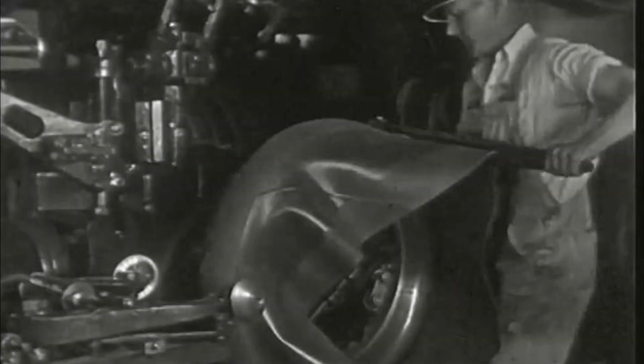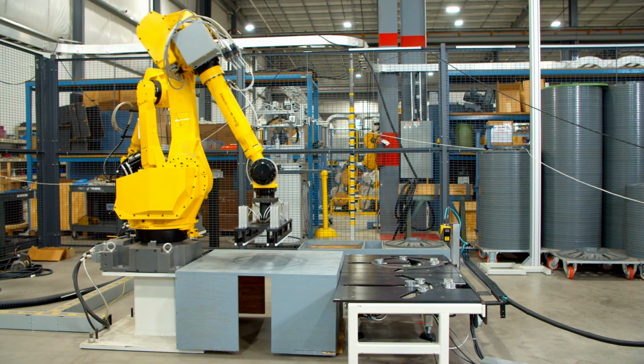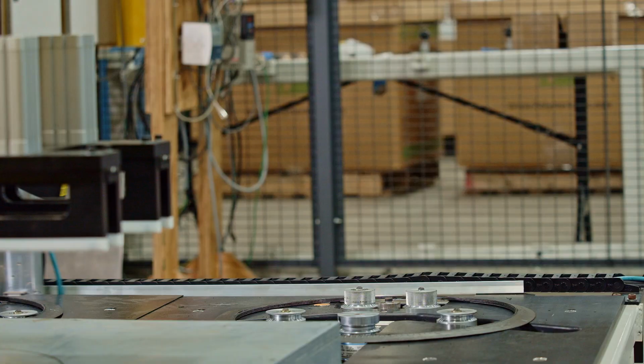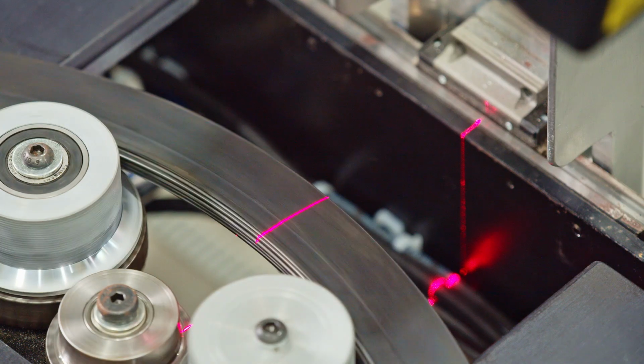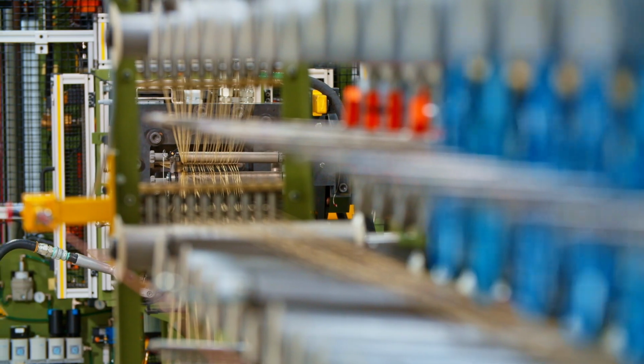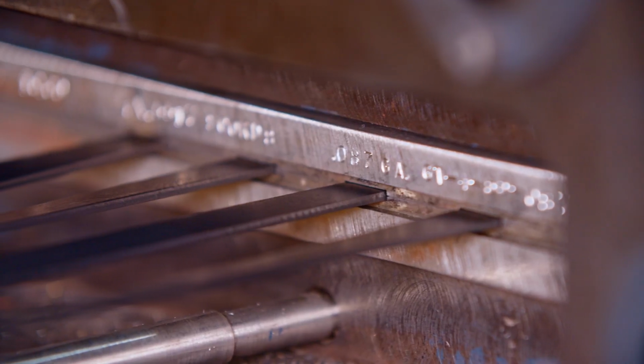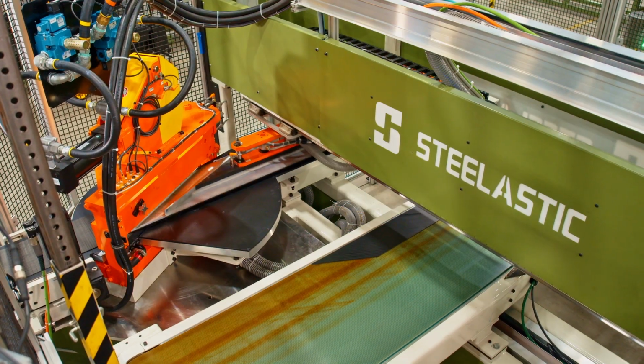Tire manufacturing is changing, and there's a relentless drive for smaller, nimble production. At Steelastic, our tire technology is moving the industry forward. Since our founding in 1970, we forged our reputation on an innovative process for extruding, cutting, and splicing steel belt